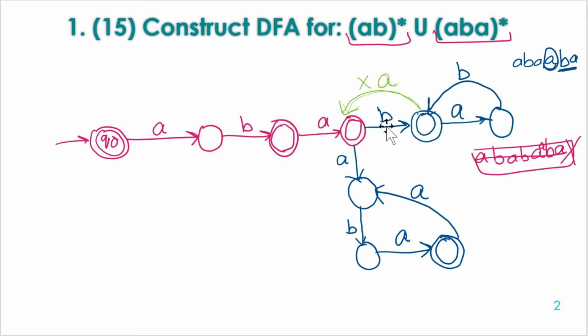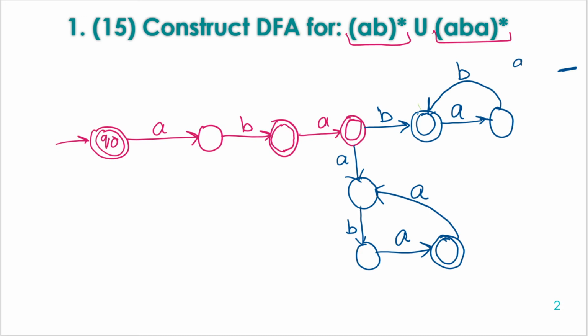So once the pattern is identified, just make a separate path for every pattern and make the loops with extra final and non-final states. Just make a loop within this identified path only. We cannot go back to the common path. I think this concept is clear, and we can face any similar question related to this. So you have to follow the same approach for all such questions.